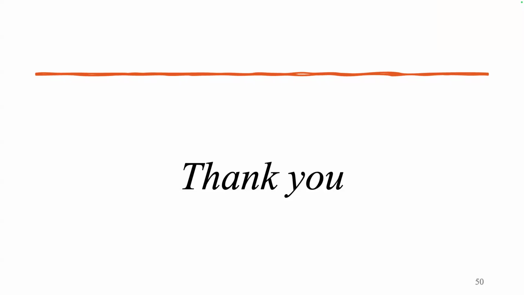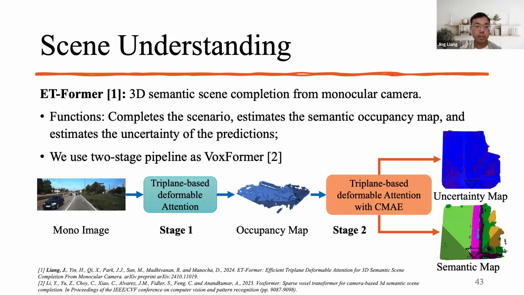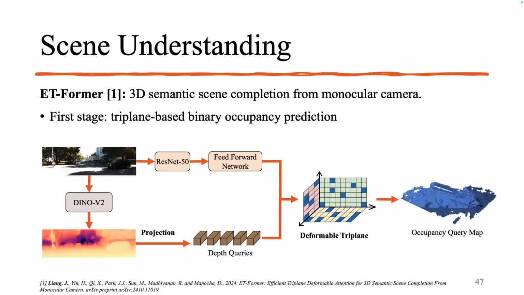Oh, okay. I have a very small question about the first stage of your ET-Former. The first stage mentions that it utilizes DINOv2 to get the depth estimation. In my knowledge, DINOv2 provides some self-supervised features for image perception. So how do you estimate the depth for your monocular observation? So we